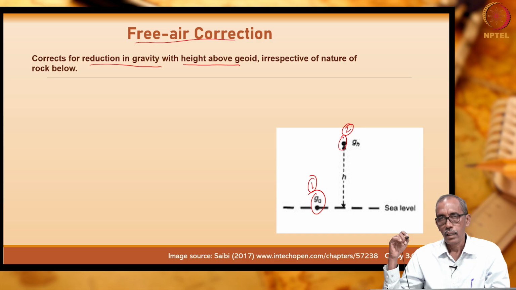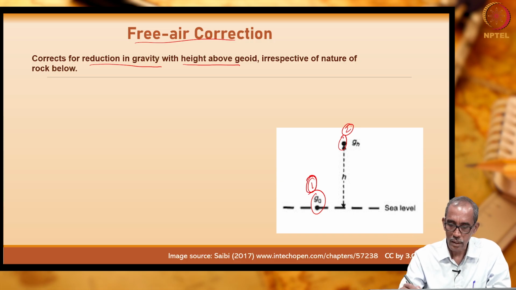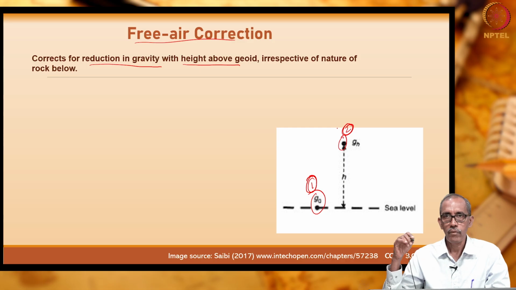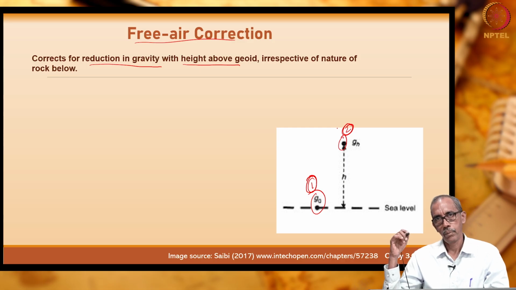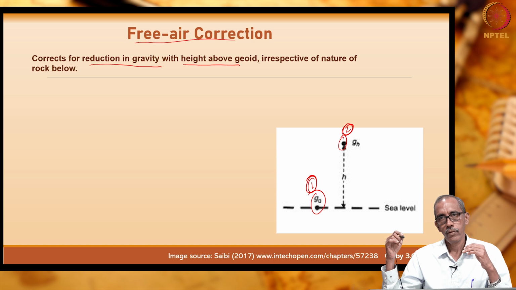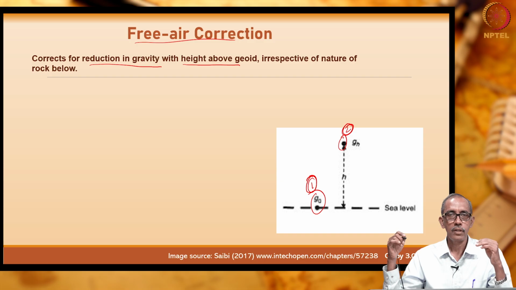Okay. Now, what have we done? We have made one measurement at location 1. The next reading was made at location number 2. What is expected now? In which location is the gravity value expected to be more? Why? Can you answer me? In station number 1, the gravity value is expected to be slightly higher than at location number 2.